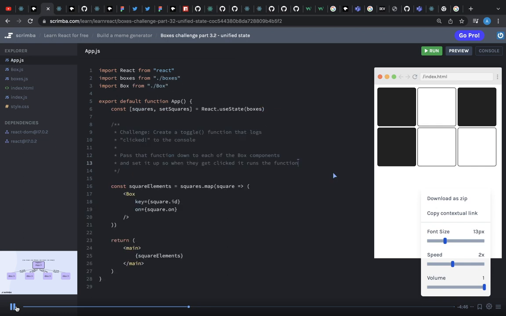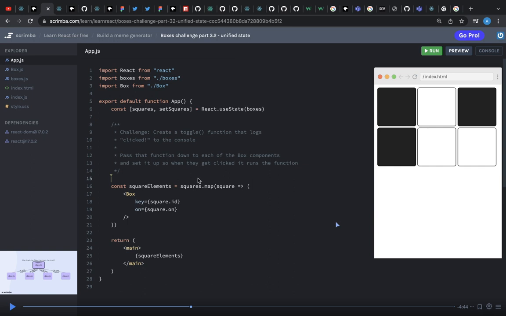I've already removed the state from our box component. Okay, so we can say that